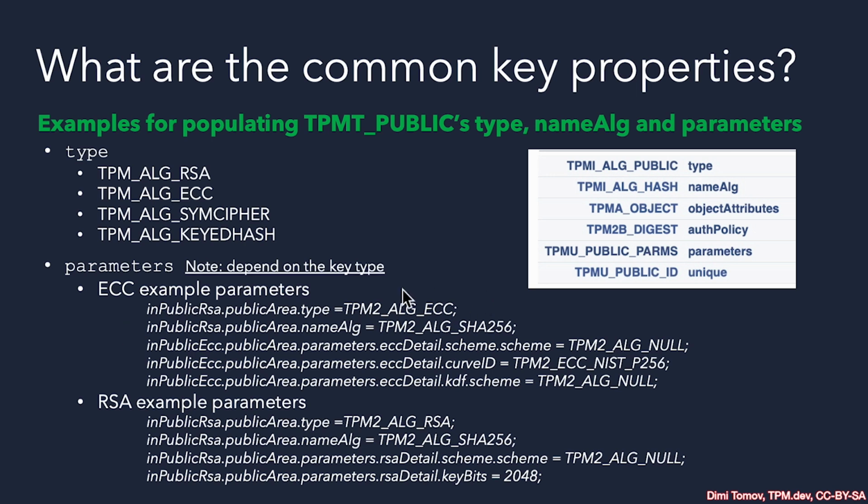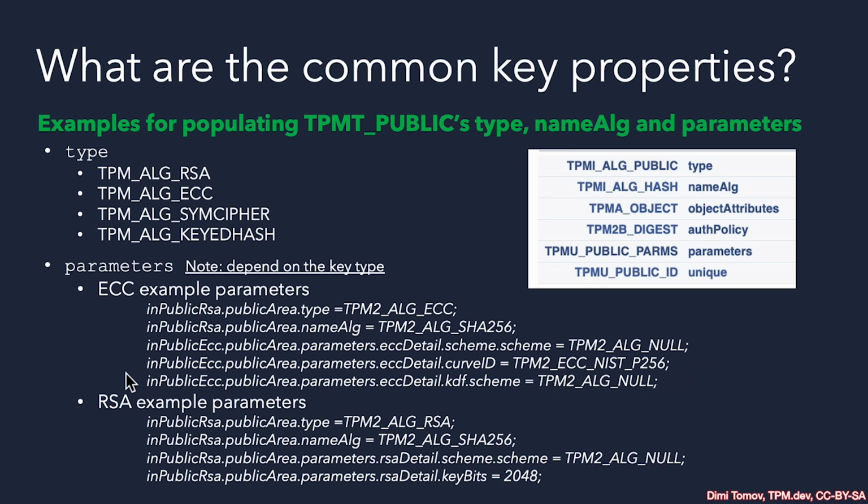So there's nothing special about these parameters. It is just important to get it right, that the hashing algorithm for the name can be anything that is supported by the TPM. So it's really up to the developer. Of course, we need to set the type as the one for ECC. And again, the most important bit naturally is the curve.